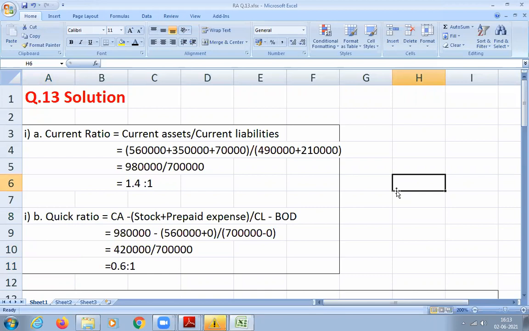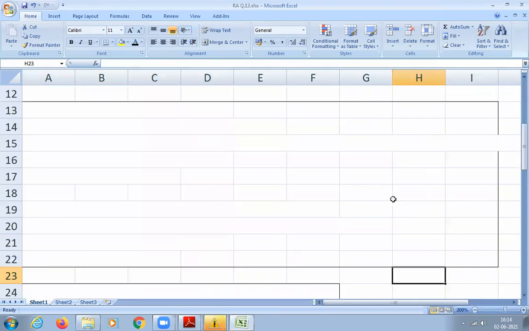No, sir. Because for current ratio, what is the standard ratio? 2:1. It is lesser than that. That's why it is telling the company's net working capital is deteriorating. Then quick ratio, is it satisfactory? No, sir. How much does it have to be? 1:1. So it is less than 1. That is 0.6, which is less than 1. So they need to do something to increase the ratios.